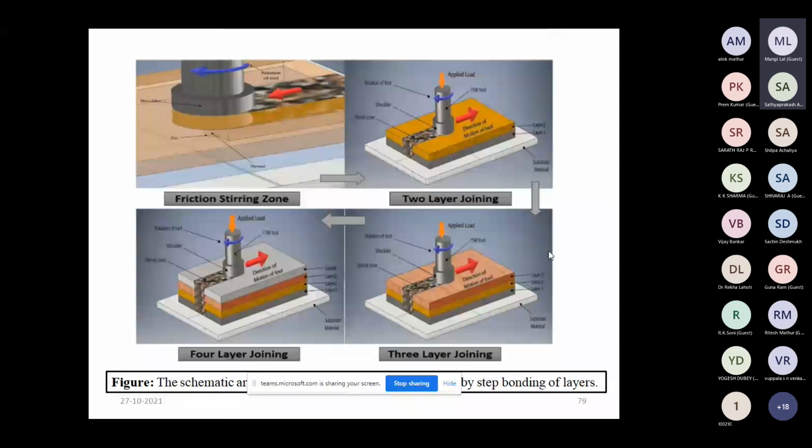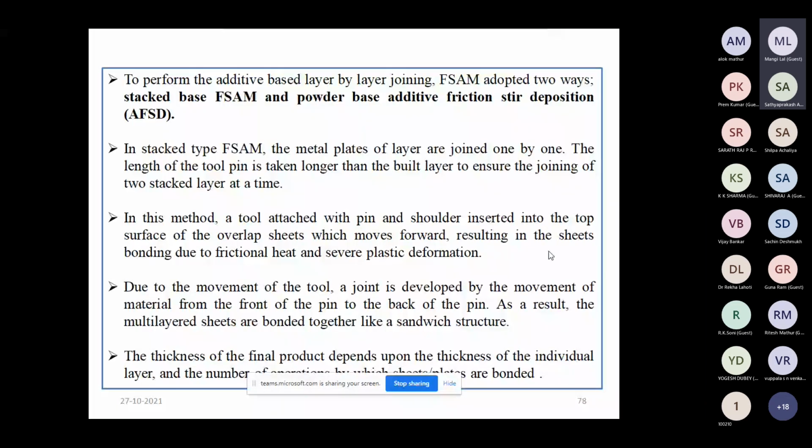Okay, so this is friction stir additive manufacturing, but there are two variants of it. One is the variant in which we use already existing plates in layer by layer joining, that is, friction stir additive manufacturing in which we join stacked plates layer by layer.